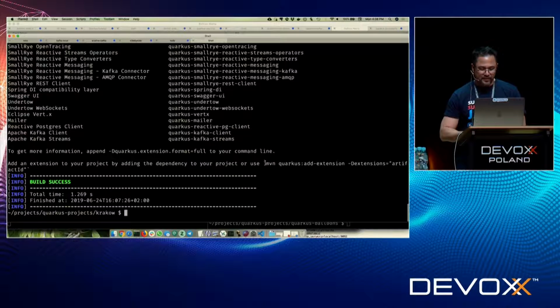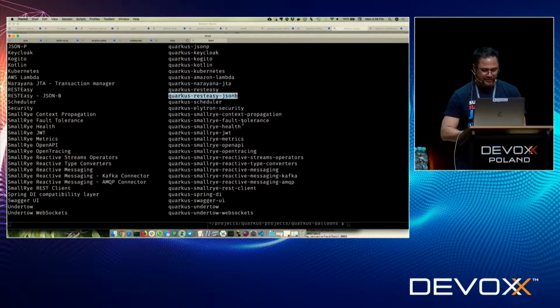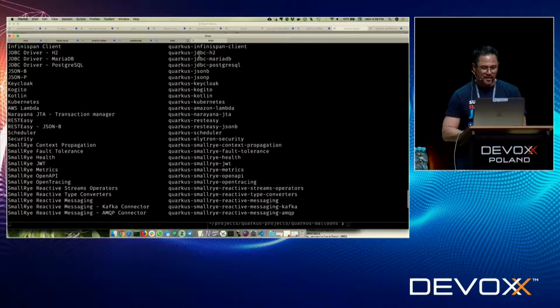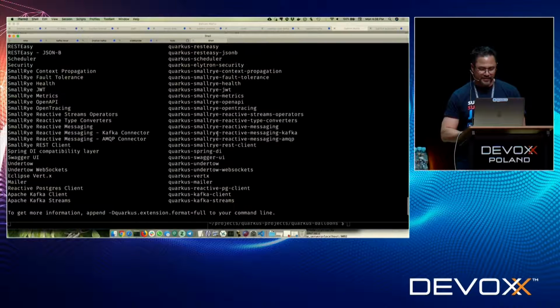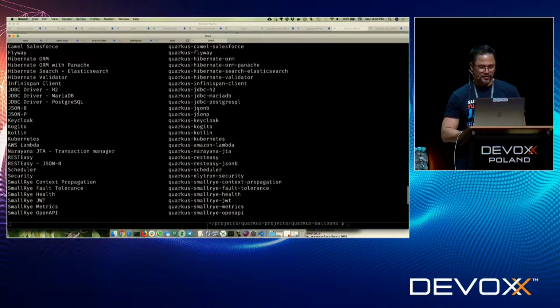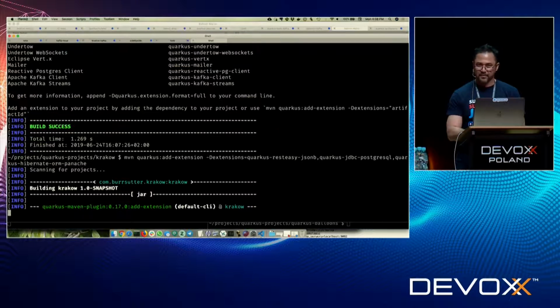So I can easily come here and add a few extensions. I'll just copy this line here. And then let's say I want the RESTEasy with JSONB, which gives me a nice REST capability. I might want the Postgres as an example. And we're going to move beyond this in a second. I just want to give you a feel for the basics, though. And what else do I want here? I got the Postgres. Oh, I want Hibernate Panache, right? You saw this in Marcus's presentation, hopefully earlier. So this is a nice Hibernate programming model, Hibernate but made easy.